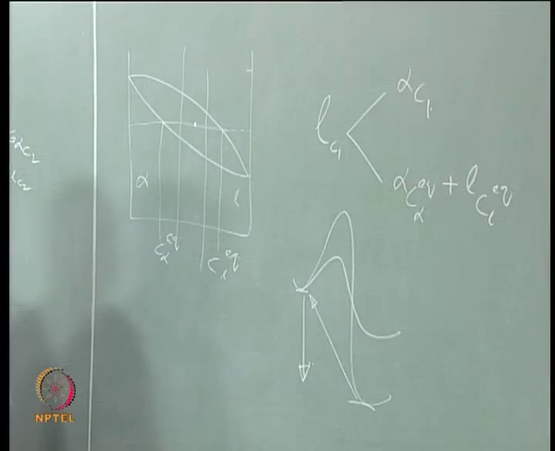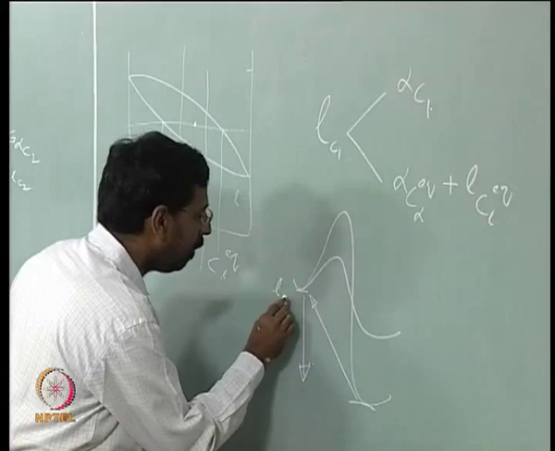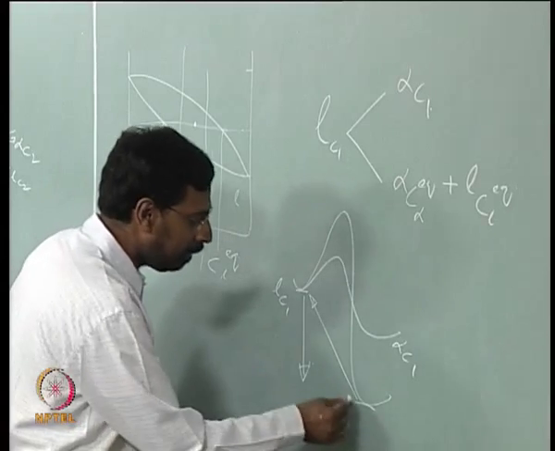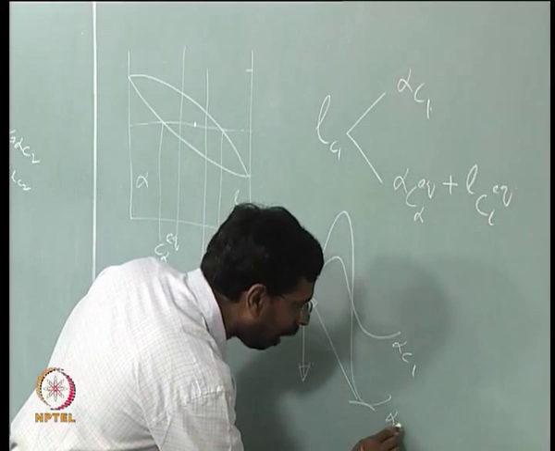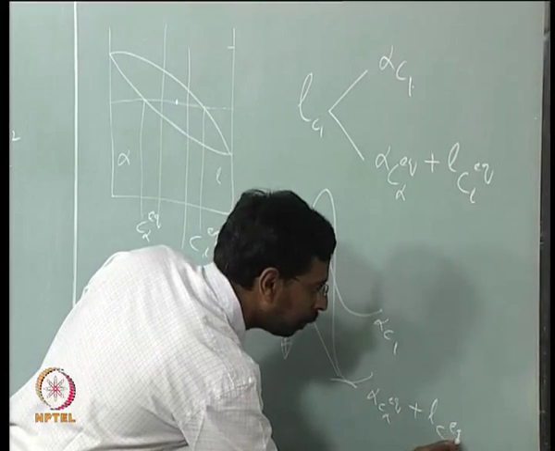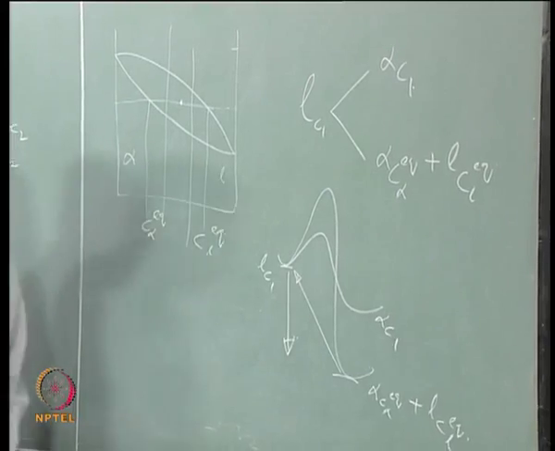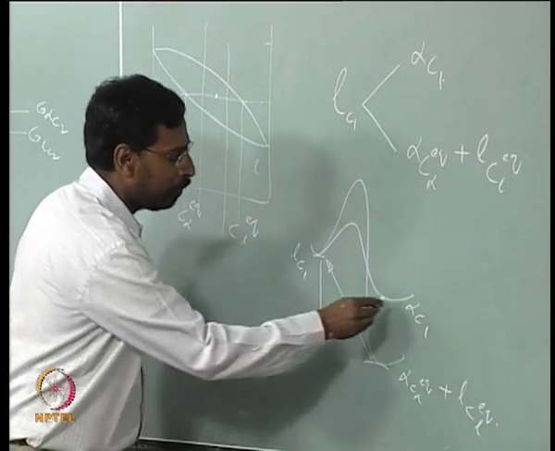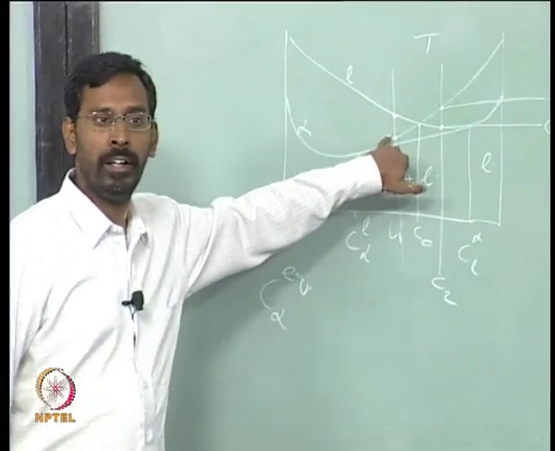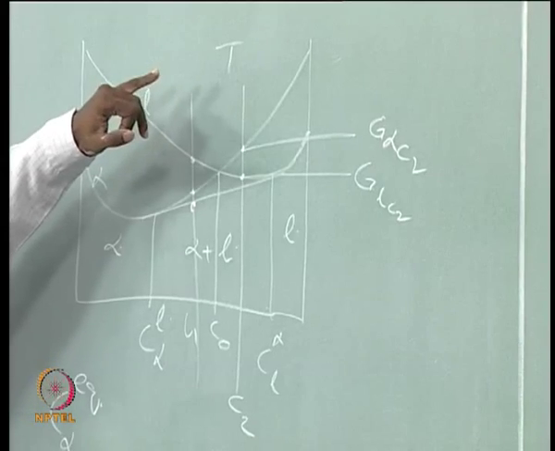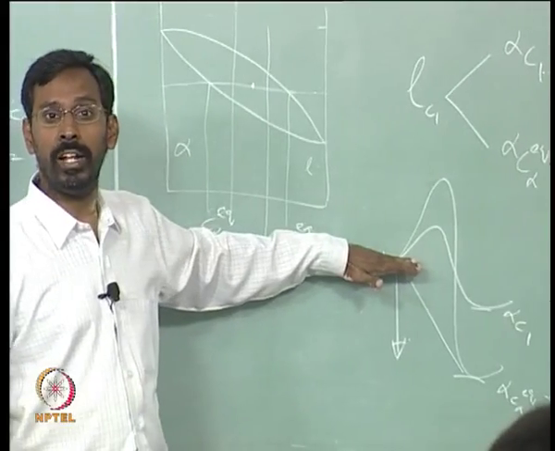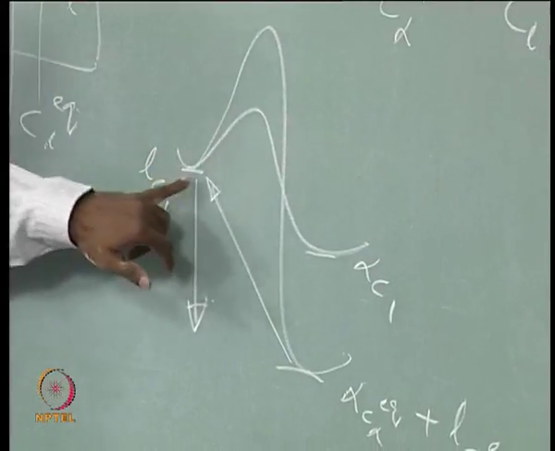something like this, this is liquid of C1 composition changing to alpha of C1 composition. Here it is liquid of C1 composition changing to alpha of C alpha equilibrium composition plus liquid of C liquid equilibrium composition. It is something like this. Here, if you look at it, this is at a high energy state than this. Can you see that here? Alpha of C1 composition has a higher energy than the two phase mixture, but it is lower than the liquid of C1 composition. So, from here it is going to this.